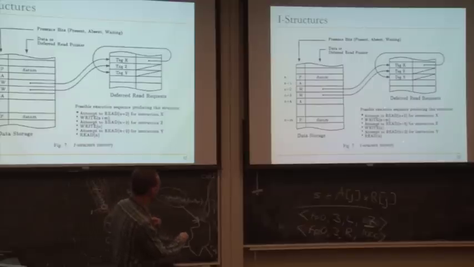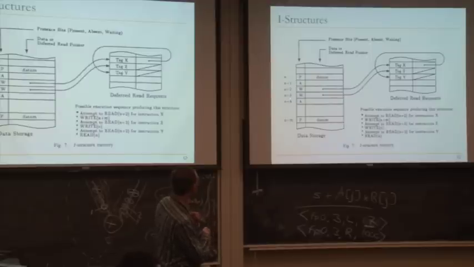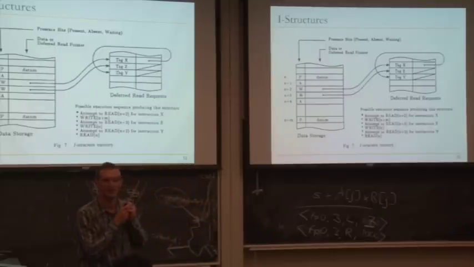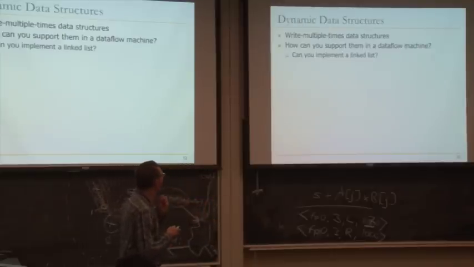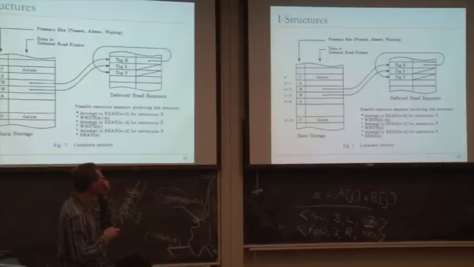And then when the store, I guess this didn't complete the picture, when a store comes, let's say it stores to m+2 and a data value. What happens? That store checks the state. Oh, somebody's waiting. First of all, it sets the state to present, writes the data here, and wakes up this instruction and generates a token with the instruction's tag and the value that was produced and sends it back. Right. Now, that instruction that's loading can wake up and continue execution. We'll see another example of this. OK?